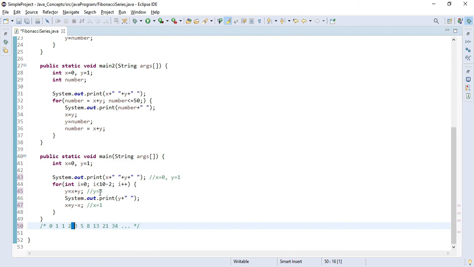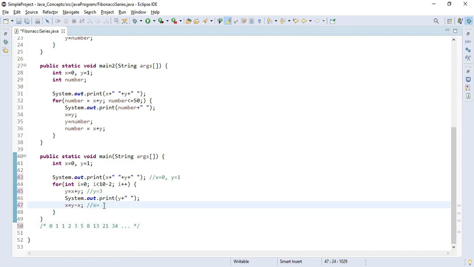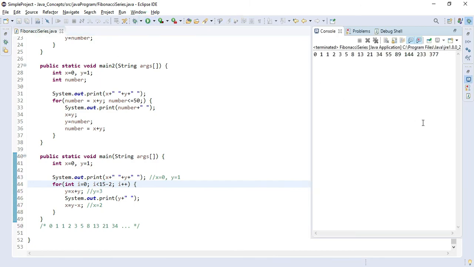It means y is 3 and x was 1, so the value of x will be 2. And in this way it will keep on changing, and finally we will get our output. And if you wanted to print 15 numbers, you can simply change it from 10 to 15 and you can get the result.